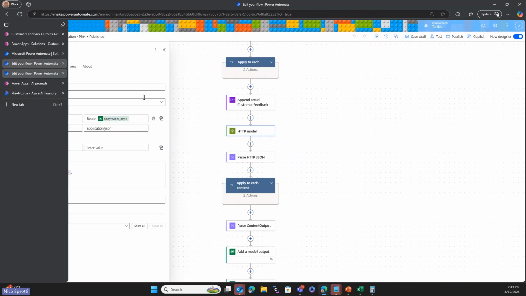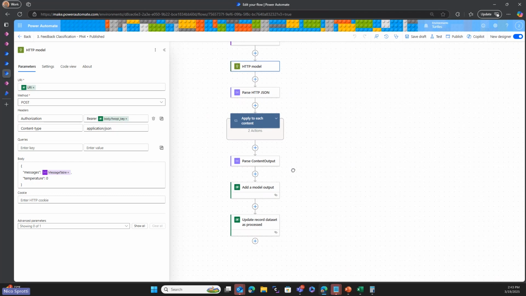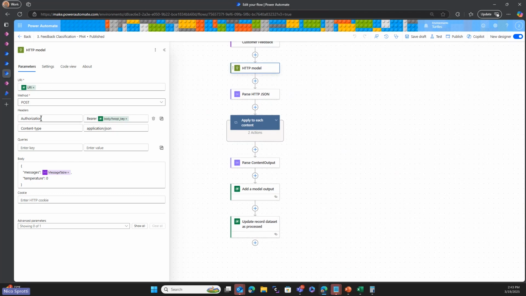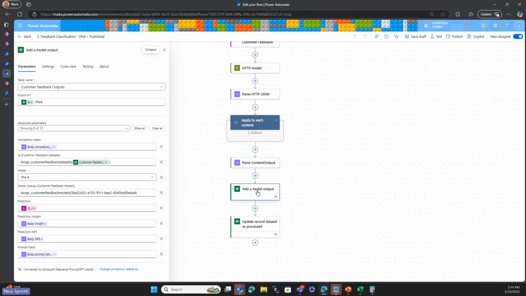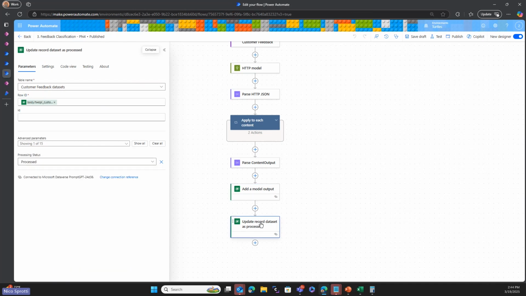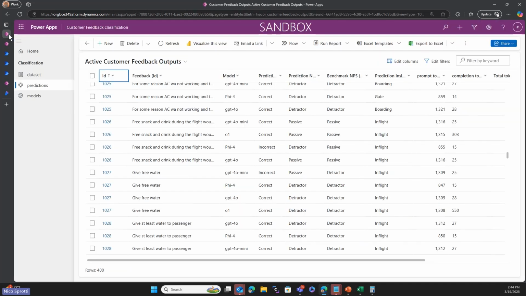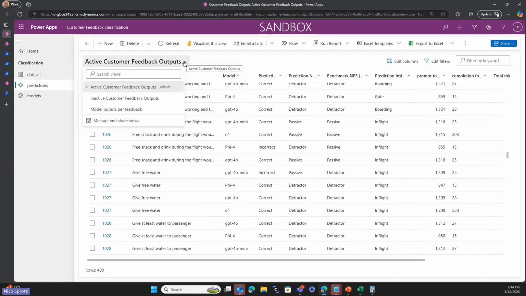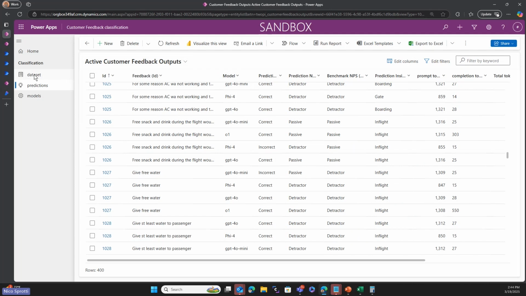So all we're doing in Power Automate is then, from there, calling the HTTP model right here. We're passing all the table we have constructed, passing the output, and back on our flow, adding a model output and updating the record. So if we want to look from an application perspective, how does it look? I have a view, not in the data set,